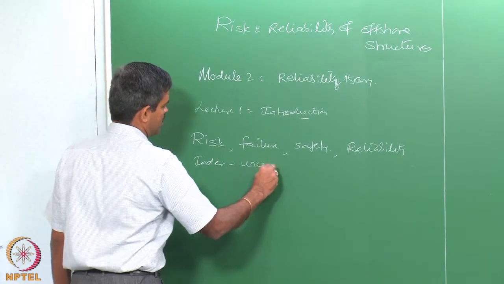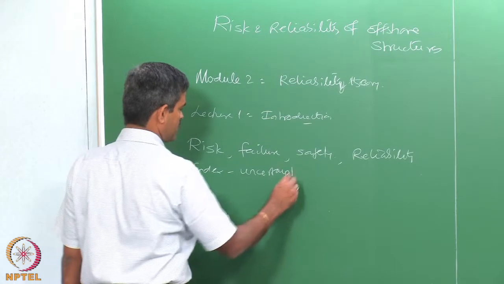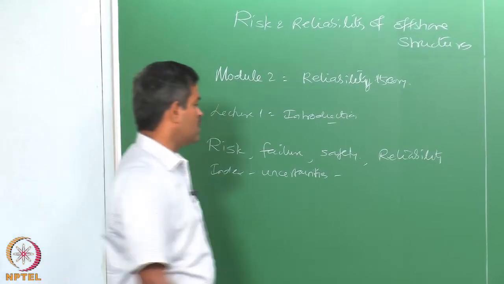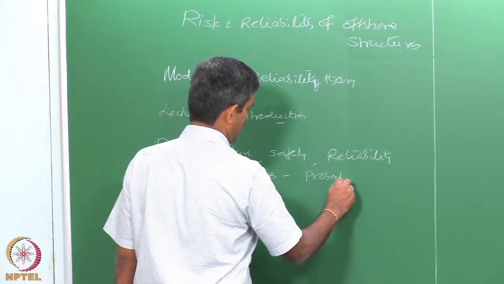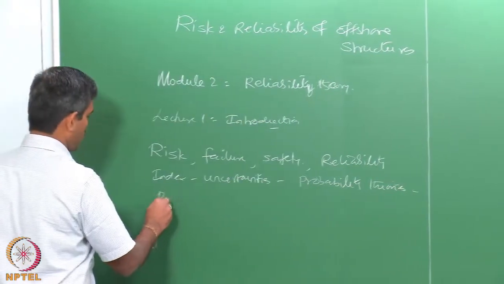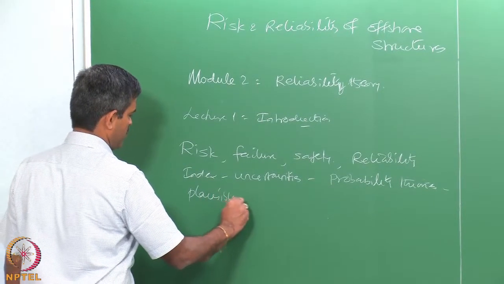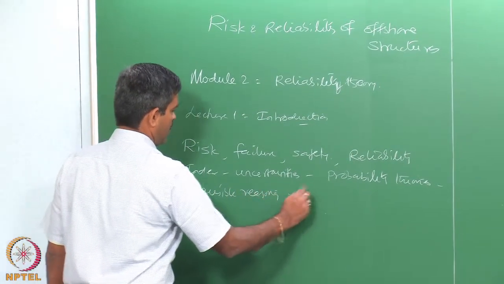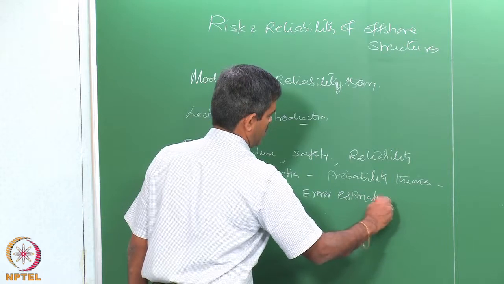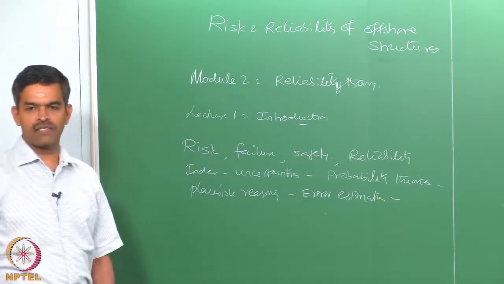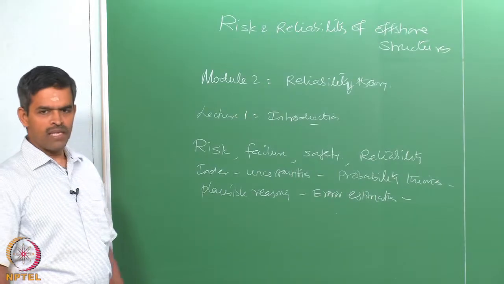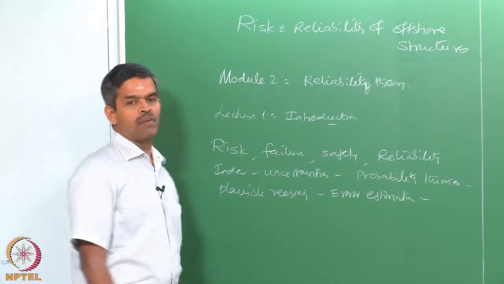We talked about uncertainties, we talked about how to probabilistically model them, we also spoke about plausible reasoning, we spoke about error estimation. We understood clearly from the exercise examples solved in the class in module 1 lectures a basic theory about introducing risk and reliability and comparing them